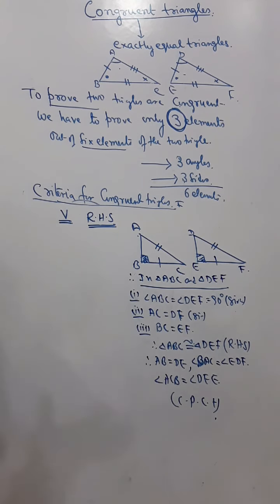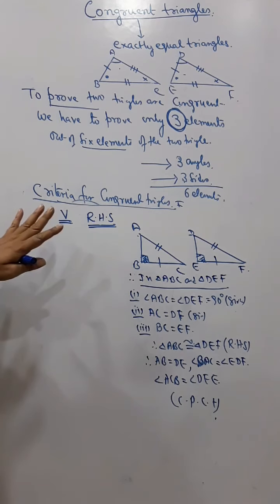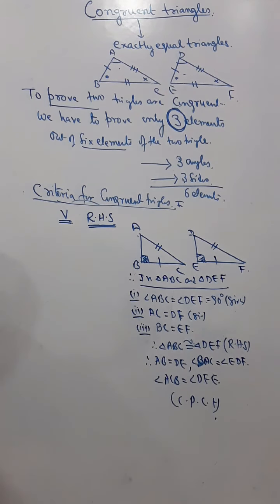So these are the basics of congruent triangles, the 5 criteria. To prove two triangles are congruent, you can use any of these 5 given criteria, whichever is suitable according to the question. In my next video, I will do some sums related to congruent triangles. By that time you should go through all these 5 rules very carefully and also see some solved examples to understand these chapters properly.